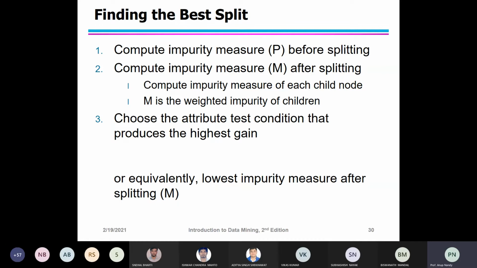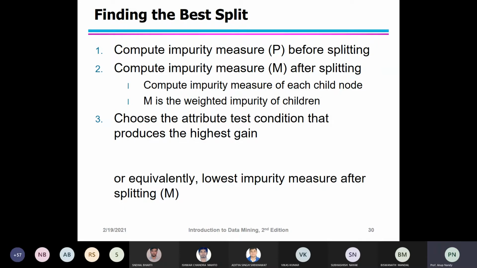It means that you have to observe the different measures. So what are the different measures? Entropy, Gini index, and classification error. You have to observe that all three measures attain their maximum value when the class distribution is uniform, that is, when p is equal to 0.5. The minimum values for the measures are attained